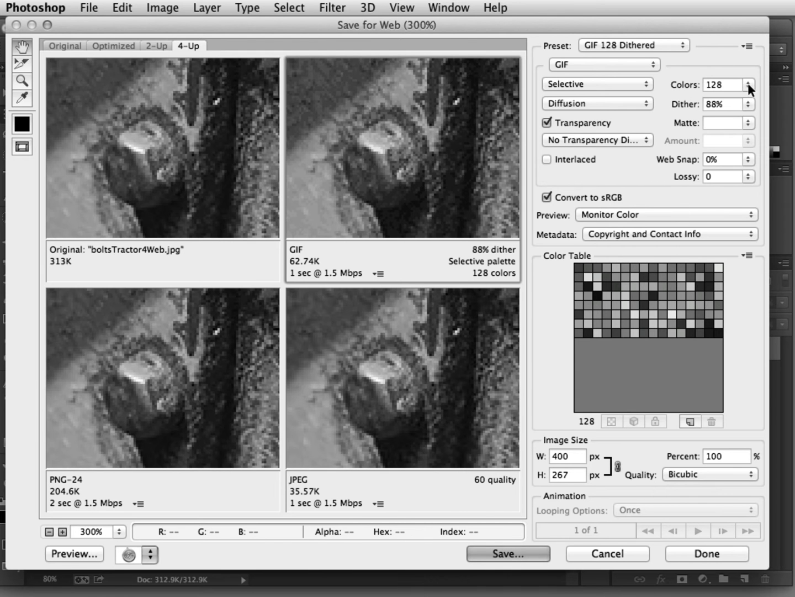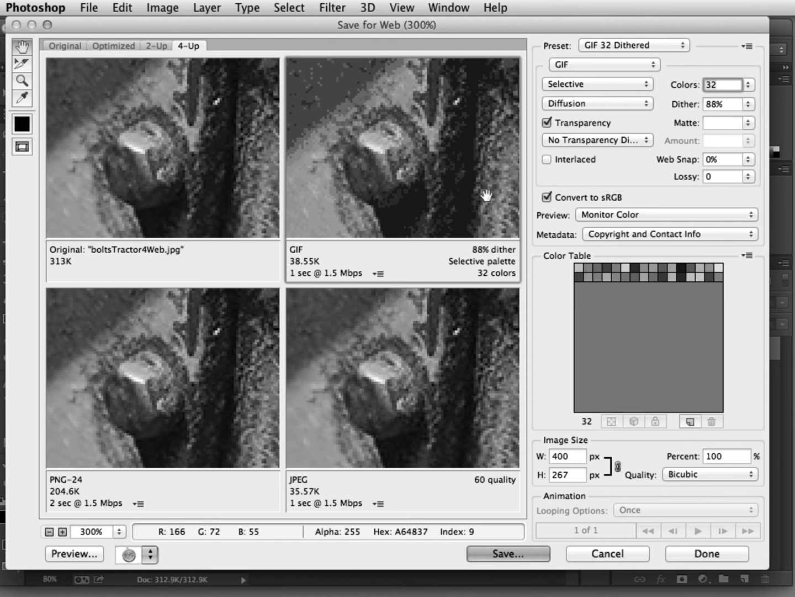So if I come up to these colors and I start to drop those numbers down, you can see how the colors drop and the quality of the image deteriorates at the same point. Because what's happening is it's trying to use all of these colors to create all of these. And you can see we start to get the dithering, or if you will, that little kind of